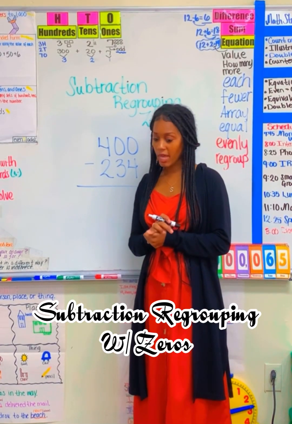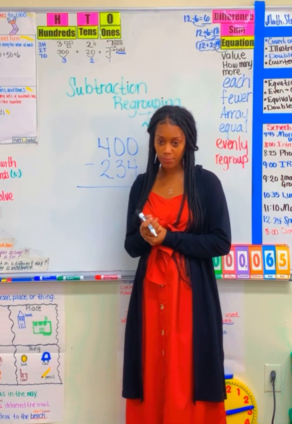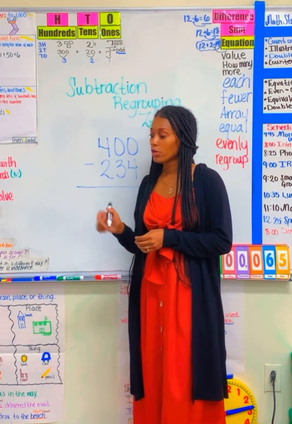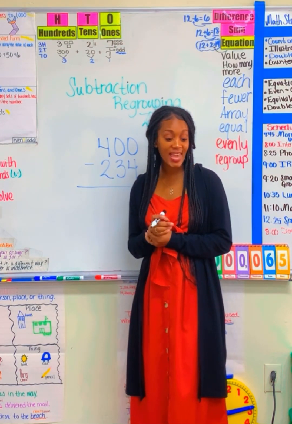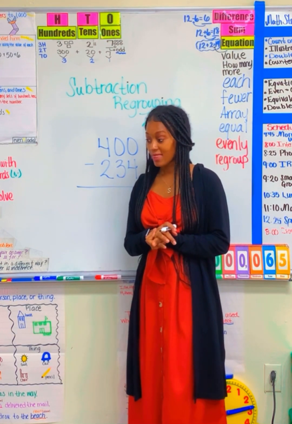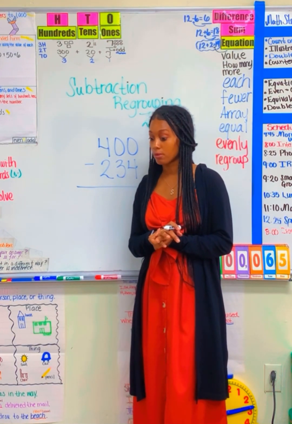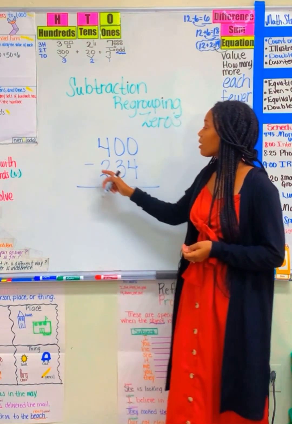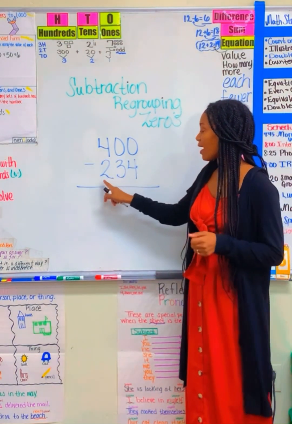Alright class, so today we're going to look at subtraction regrouping, but this time we're going to look at it with how many zeros? 2. 2 zeros. So that changes some things for us. That makes us have to borrow from a whole different place. Okay? What's my number? 400 minus